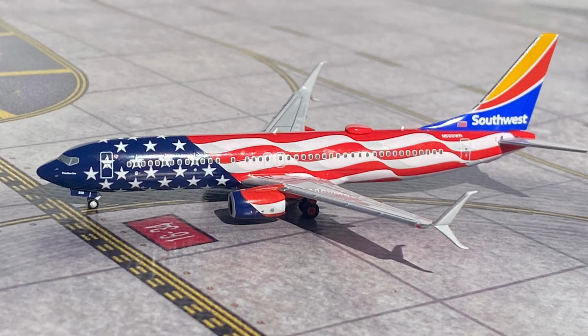Alrighty, starting off here with the second aircraft holding short of runway 34, we have the Southwest Airlines Boeing 737-800 in the Freedom 1 colors. This aircraft is going to be making a flight out to Houston Hobby International Airport after arriving in from Houston Hobby about 1 hour and 10 minutes ago. The aircraft is just waiting for the American Eagle E145 to land and vacate the runway to get clearance for